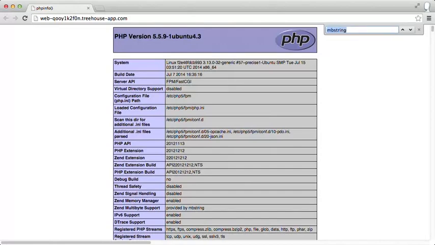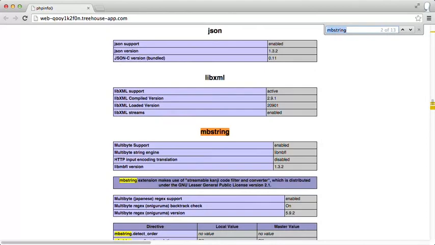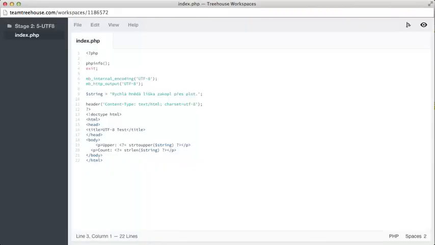If we use the find functionality in our browser, we can type mbstring, and note this first part. This is what we want to see here. If the mbstring section is missing or disabled, then you will need to enable it. But luckily for us, it's always enabled on workspaces. Let's go back to our workspace and remove lines 3 and 4,